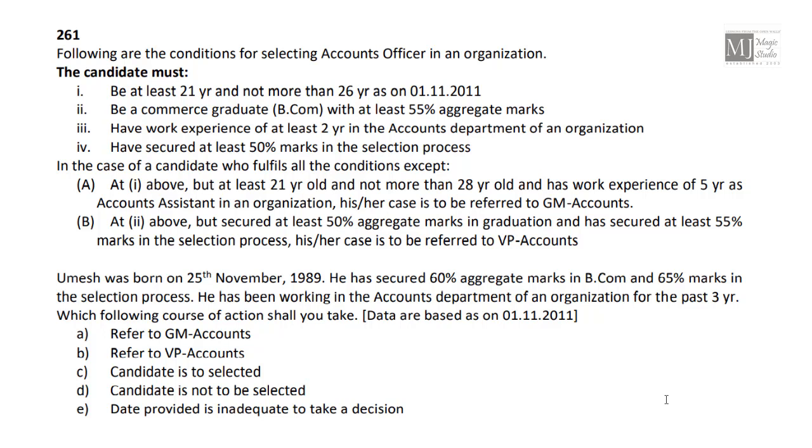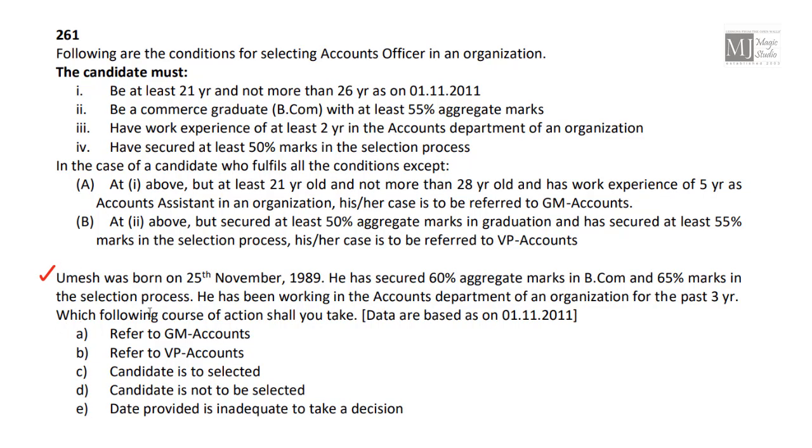This is a special sum from decision making or eligibility tests. In these kinds of questions, we need to make a decision whether the particular candidate whose details are given to us would be selected, not selected, or whatever the options are. A few elementary requirements are given, and along with them we have substitute requirements. So if the elementary requirements are fulfilled, there is no need to check for the substitute requirements.